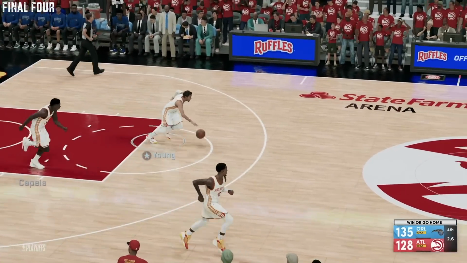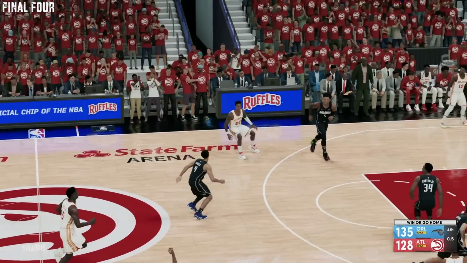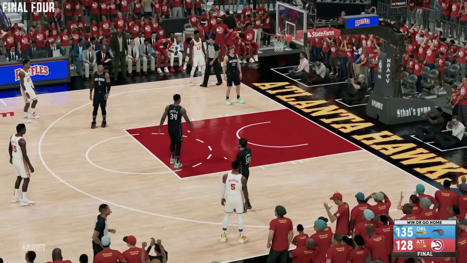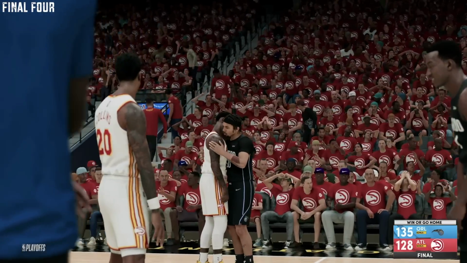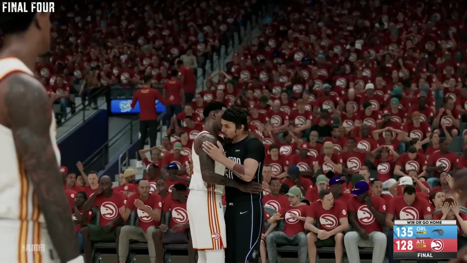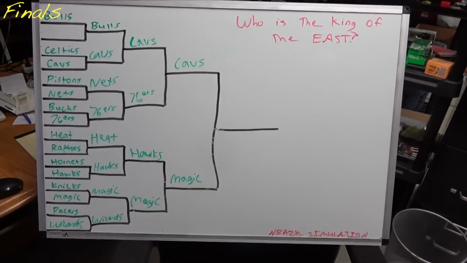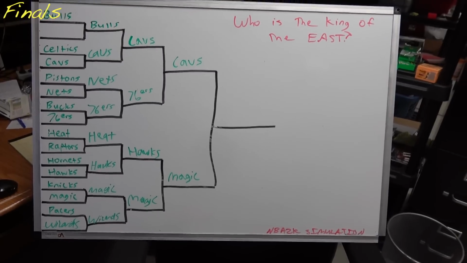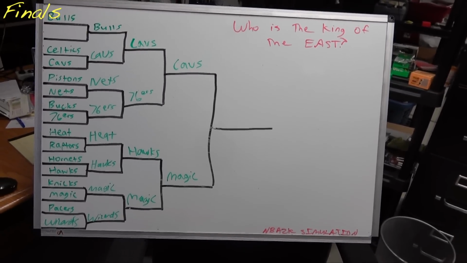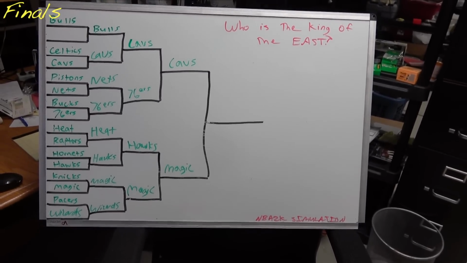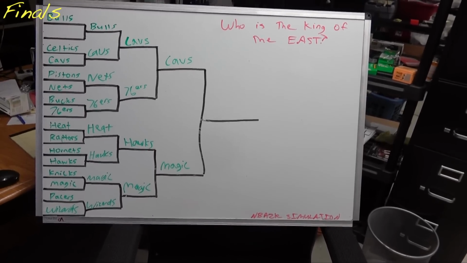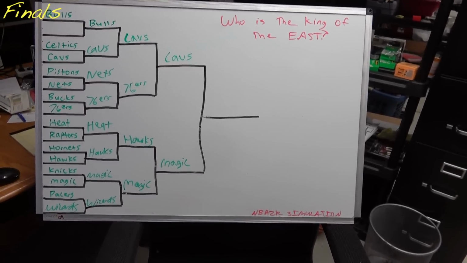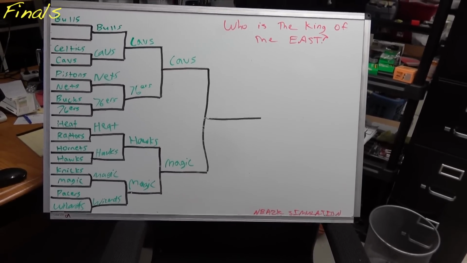And they're going to end up playing the Orlando Magic in the finals because Orlando goes on the road and wins a Game 7 against the Hawks. I mean, how about the Magic in this simulation right now? They win 135-128, and the Hawks will be going home. It has all come down to this. We have the Cleveland Cavaliers versus the Orlando Magic in the Eastern Conference Finals. Who is the best team in the East? I'm surprised it came down to these 2 teams, I'm not gonna lie, but we're gonna find out right now who's gonna win it all. So sit down, relax, tell me down below who you think's gonna win, and let's go.